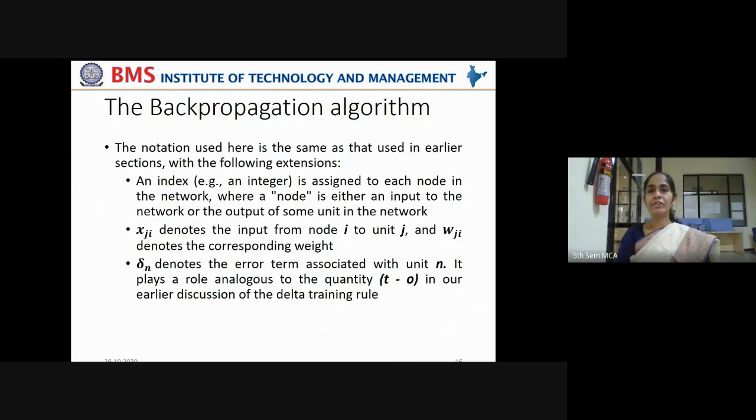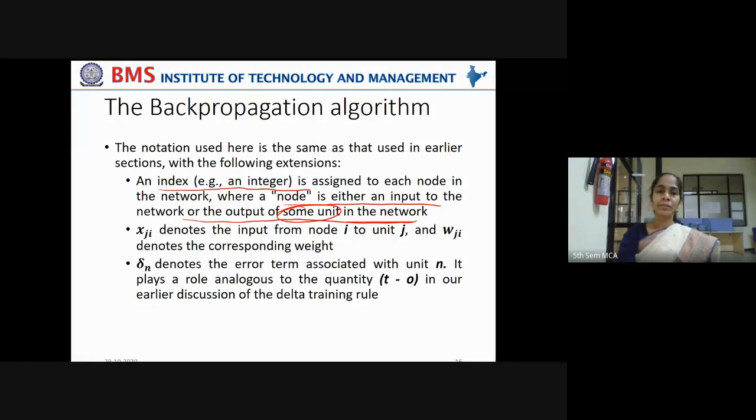Now the notation used here is the same as that used in earlier sections with the following extensions. What extensions have we added in this backpropagation algorithm? An index, that is an integer, is assigned to each node in the network, where a node is either an input to the network or the output of some unit in the network. It may be hidden layer 1, hidden layer 2, or output layer. That is why we are calling it some unit in the network. Okay, an index is assigned to each node in the network. Index values i, j, k, h, all these we are using here, where a node may be an input to the network,